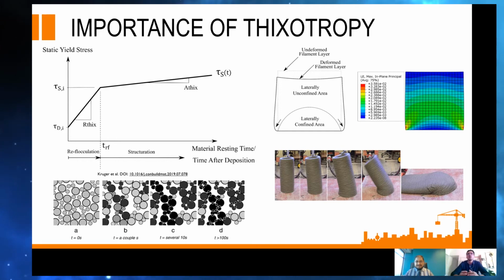So then, back on the topic of filament shape retention. If you imagine this filament, as you can see, there's an undeformed rectilinear filament that I'm showing on the screen now. But when you deposit this filament, there's a certain portion that is laterally unconfined and a certain portion that is laterally confined. And what we do is we utilize this graph, the rate of reflocculation and the rate of structuration, to predict the stiffness of the material that we are utilizing, to determine whether or not this filament would, one, be capable of carrying its own weight once it's been deposited, what is the amount of strain or the flow induced,